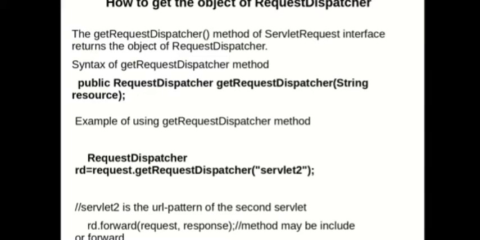If it is the forward method, then rd.forward, and we have to mention the parameters as request comma response. In the getRequestDispatcher method we have to mention the URL of the second file, that is the resource of the second file. Here, from servlet 1 the request gets transferred to servlet 2, so the method used is forward. We have to write servlet 2, which is the name of the second file.